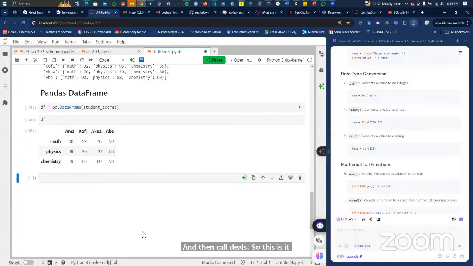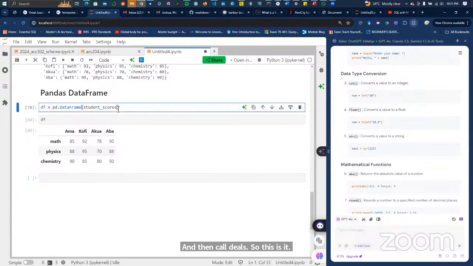There is another piece of code that I find you can add here. There's something they call orient. I think it's the orientation of the table. Now you can see that the students are the columns, so AMA, and then the rows are the courses. How about if I want to swap it?